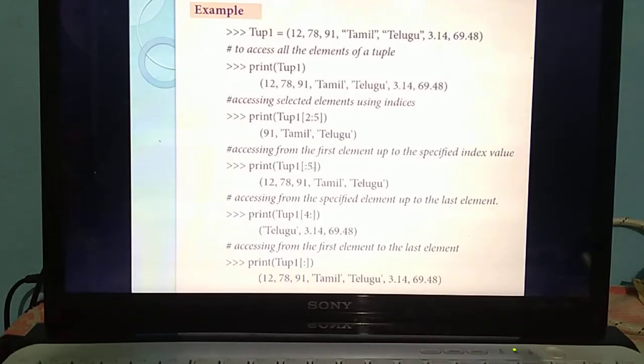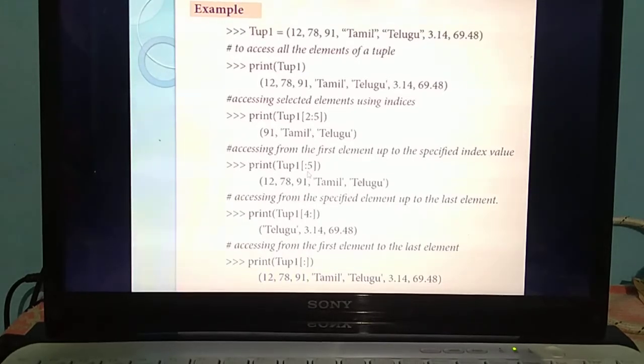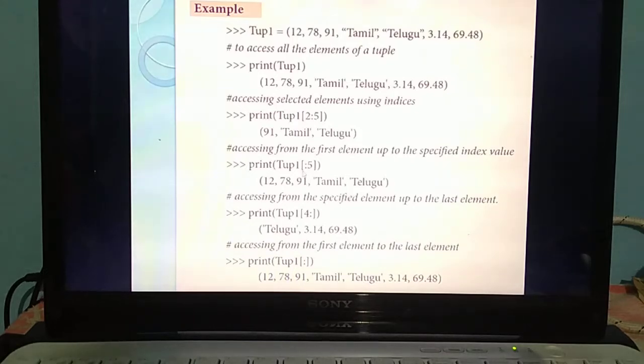The starting index you are not giving, but the ending index value you are giving, till 5. Till 5 means which value will it access? 5 minus 1, that means till the 4th value. Understand? So it will access index values 0 to 4. From where to where? 12, so 0, 1, 2, 3, 4. Till Telugu it will display as output.